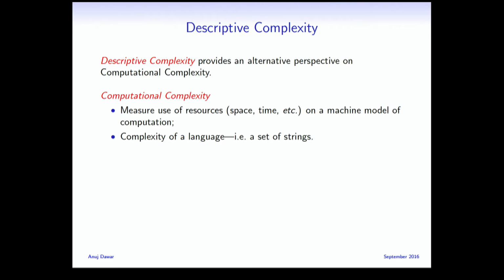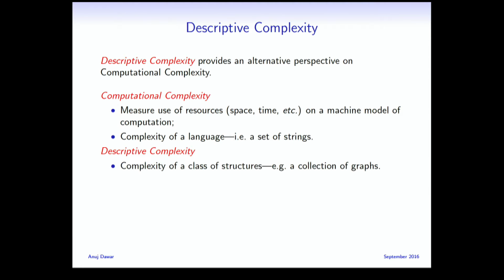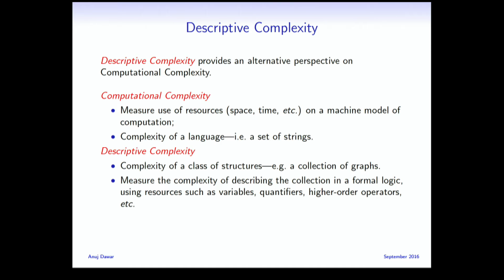And when we talk of the complexity of a problem, the problem is formalized as a language, that is a set of strings. Here we're going to aim at talking about the complexity of a class of structures, for example, a collection of graphs, right? The kinds of things we've been talking about, and we're going to measure the complexity in terms of how hard it is to describe in a certain language. And of course, what's interesting is that the 2 are closely connected. One thing I should say, I've talked about the evaluation problem for first-order formulas. Fagin also talked extensively about this.